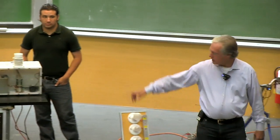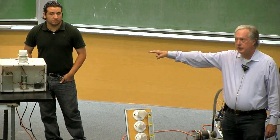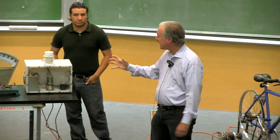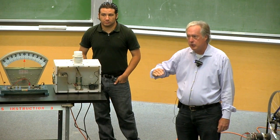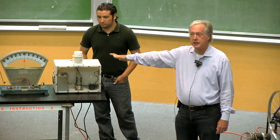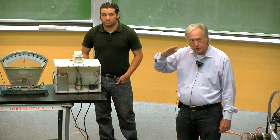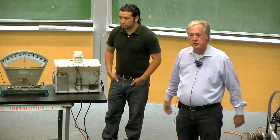So when we throw the capacitor, there's no current in the white wires at the top. That coil has no current in it to start. And then we throw the capacitor, it makes a huge surge in current. So it goes from zero current to full current in the coil up here, making a magnetic field. But there's also a change in the magnetic field. It went from 0 to full value. And as that magnetic field is changing,